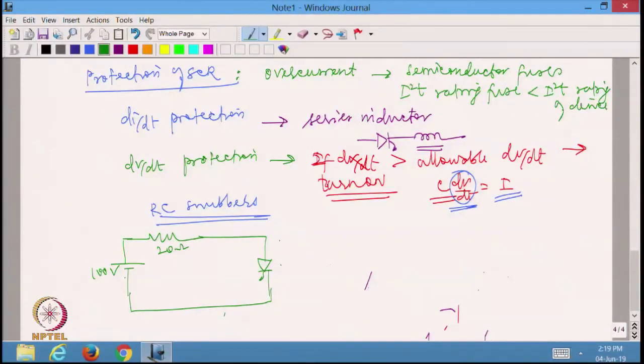So, if I try to look at the voltage, this will be plus and minus, and 100 volts will come across the device if the current is going to be 0. If I is flowing, then there is no problem. If I is equal to 0, I will get the entire 100 volts right away. This can actually turn on the device, spuriously. It will not go off at all.